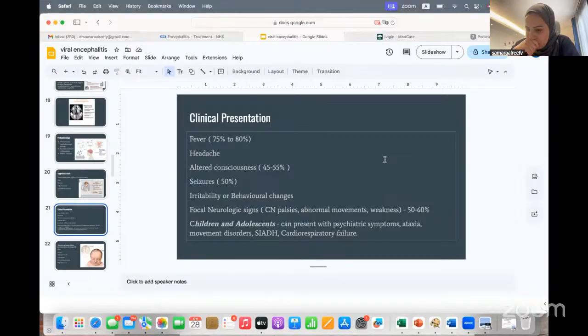When they came to RBH, the first thing that struck me was that he had pretty altered behavior. He was not recognizing his own parents, and his behavior was bizarre. Any strange behavior of a child should raise alarm that there's something going on in the upper story, so either encephalopathy or encephalitis. Long story short, we did the MRI, followed the protocol, and started him on IV acyclovir. But during the course he developed lymph nodes.